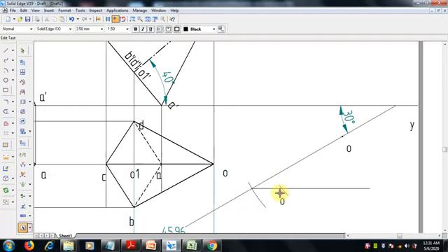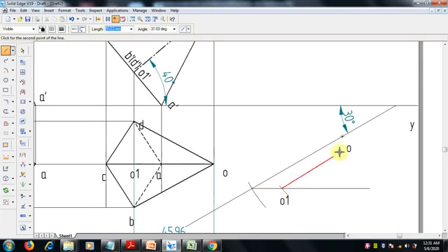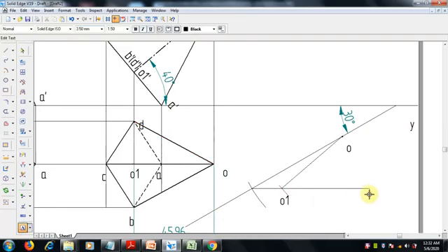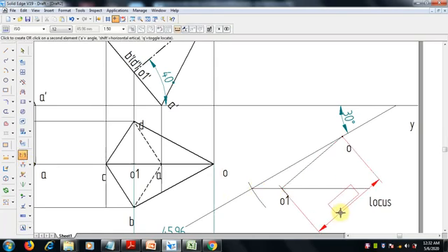Here it is O1, and this O1 we have to join with a line, to the intersection point with O. Actually this is the locus of the center point O. In the locus we cut it, and now we can check the dimension whether it is correct or not. It is 45.96, what is given, it is there.